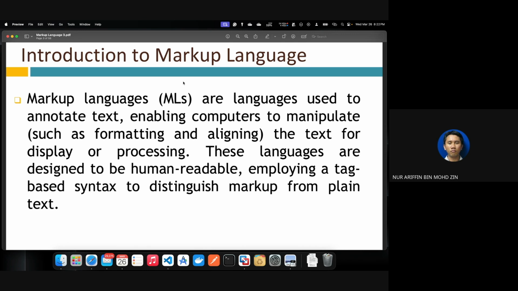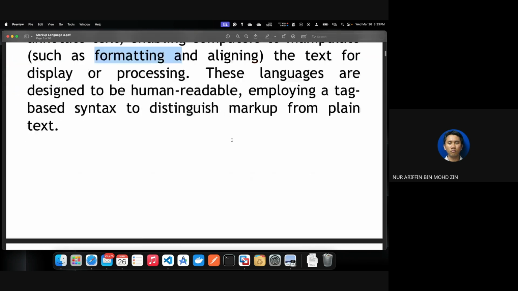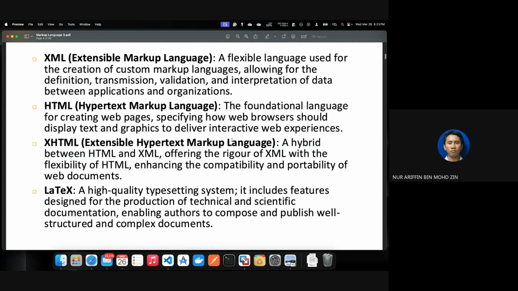Basically, HTML is a type of markup language. There are plenty of markup languages out there, and one of them is HTML. Markup languages are used to annotate text, to define how a certain tag should be displayed, in terms of its formatting, its aligning, and much more. As I mentioned just now, there are plenty of markup languages out there. The most prominent one is